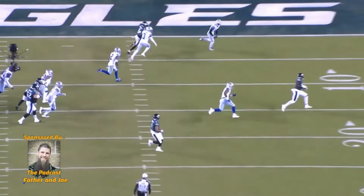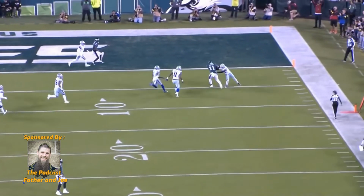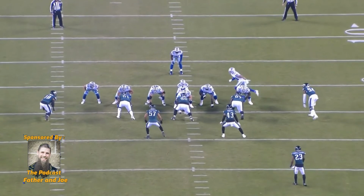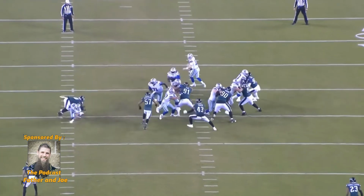They all run to the left. A.J. Brown is faster than you. And boom, it's over. Turning to a positive light for the Cowboys, I do believe that Zeke is on the